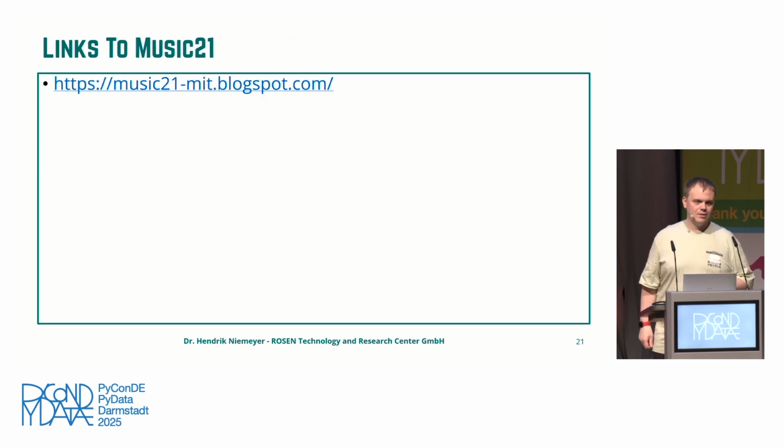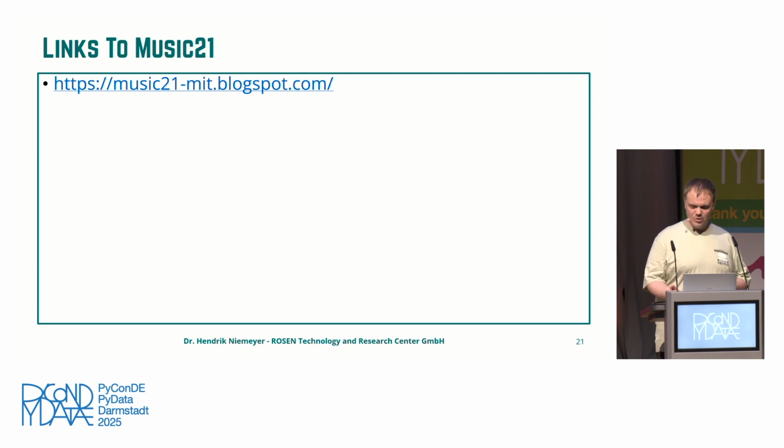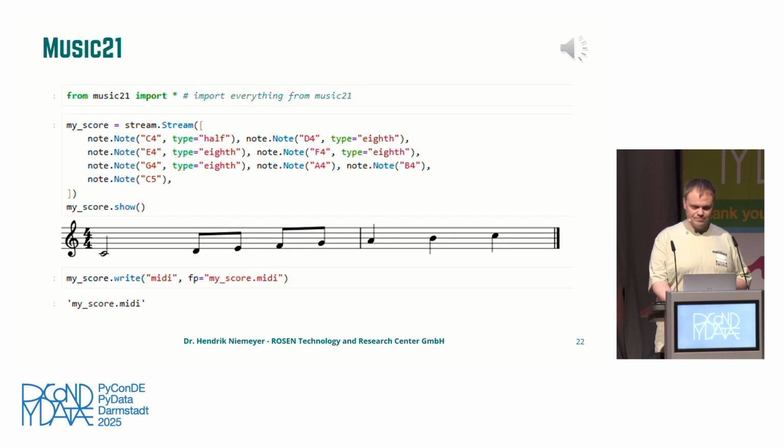And with that, we come to Music 21. So this is the link to the package which will give you the documentation. It's a normal Python package. You can just pip install it like every Python package as well. And it has very few dependencies. And with itself, it's a complete solution for everything musical. Creating music, creating chords, transposing music, and many more functionality.